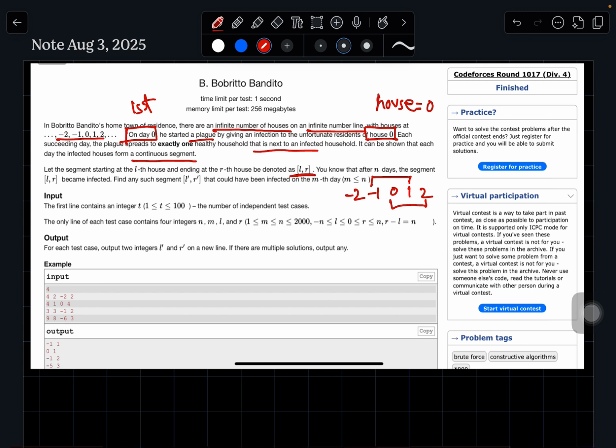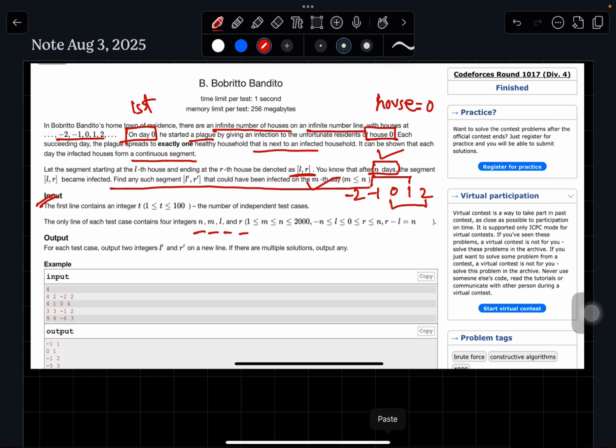You know that after n days the segment L comma R became infected, and this is the actual question. So this line is the actual question. Find any such segment L prime comma R prime that could have been infected on the mth day. Here n and m are the input values. You can see in the input part that there are a total of 4 inputs: n, m, l and r. So n is the value of this part, m is the value of this part. And what is the value of l and r? L and r mean the